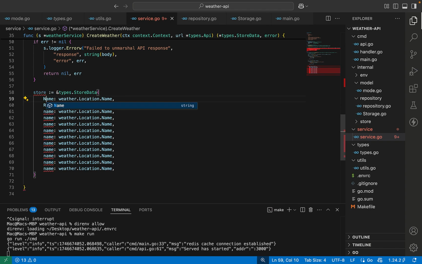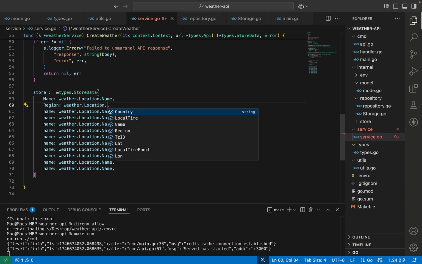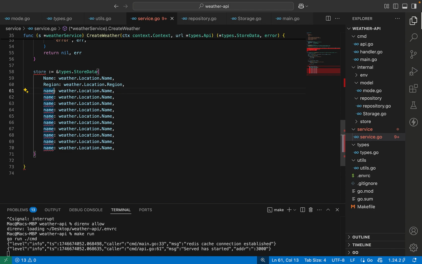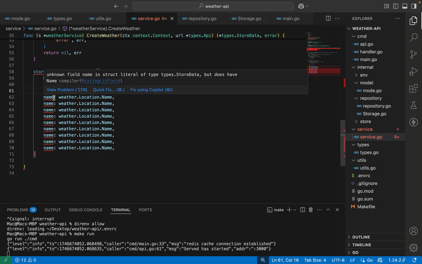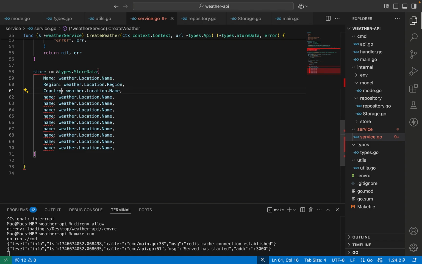So this name should be name. So this is going to be dot region. This is going to be country, latitude,